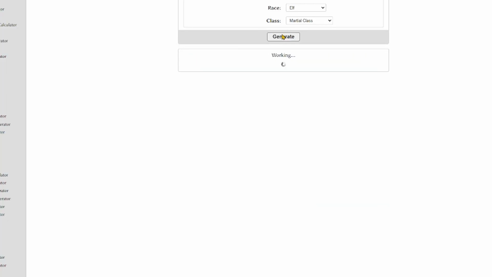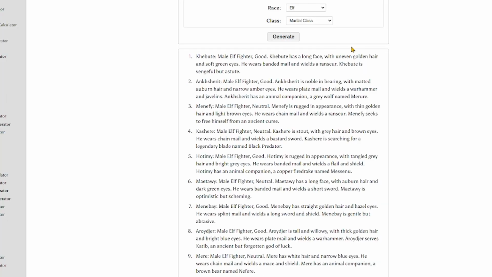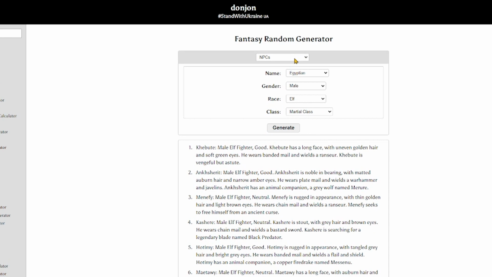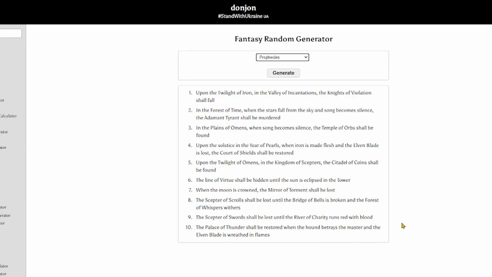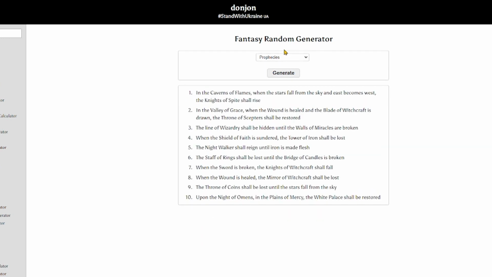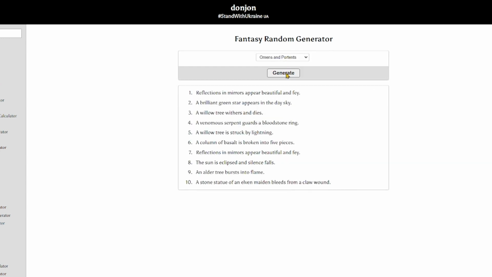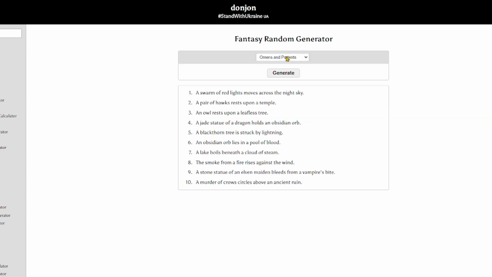On top of having just name and place stuff, they also have prophecies, omens, and portents, which I really love. In one instance, I had a randomly generated prophecy that I just put in a dungeon with some dungeon graffiti. That's another one that they have. I hadn't really thought about it further than just generating it and having it as a note in my dungeon. And what I'd use this with was when the players come across it, they read it out and they go,